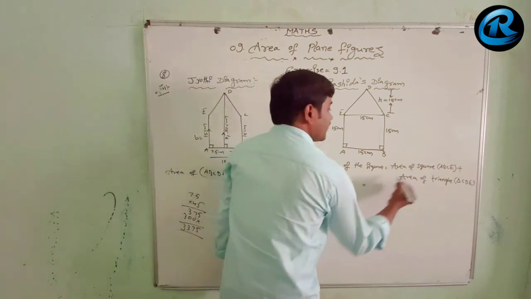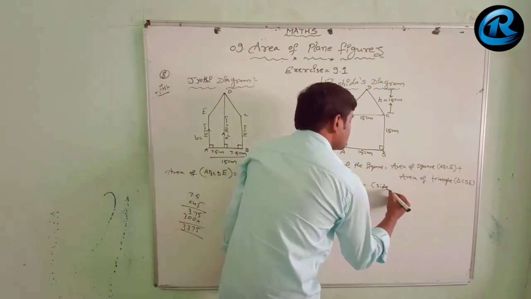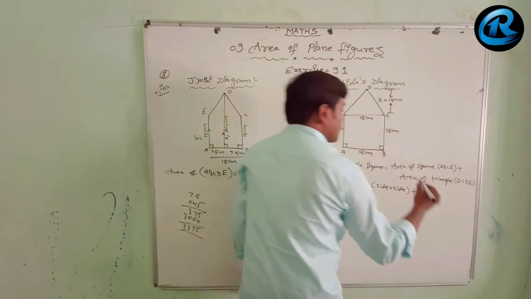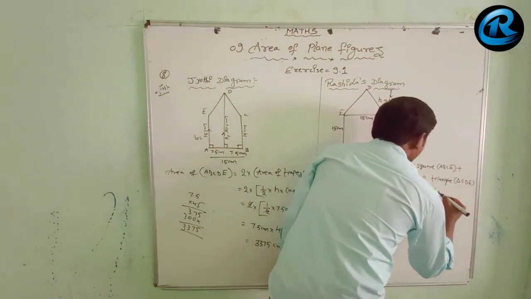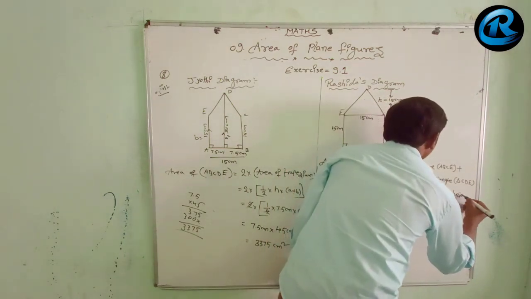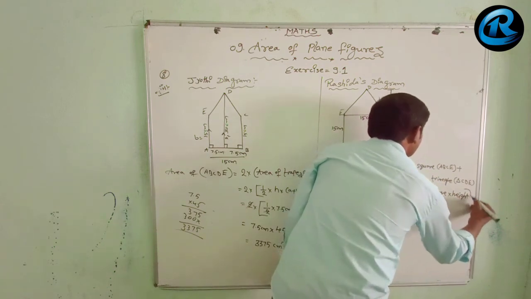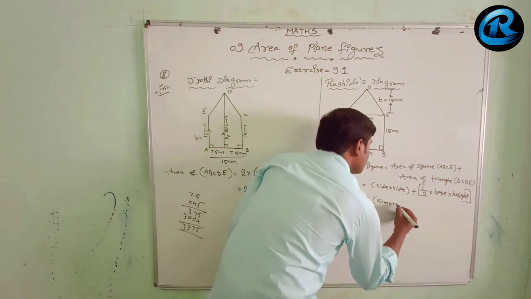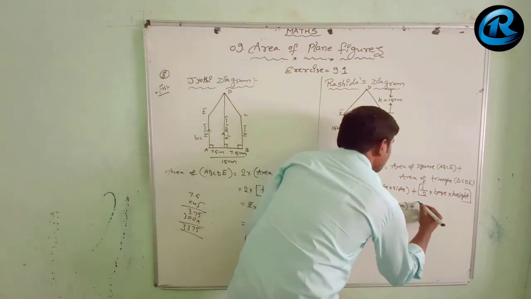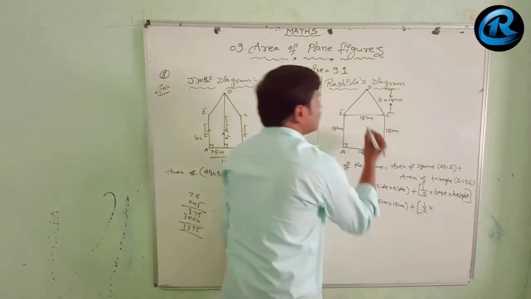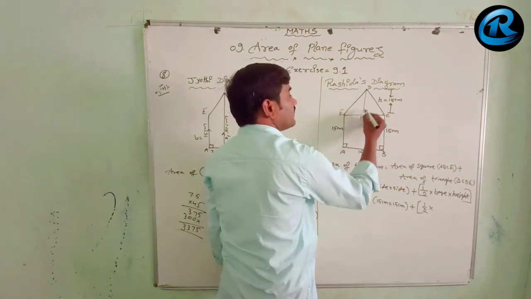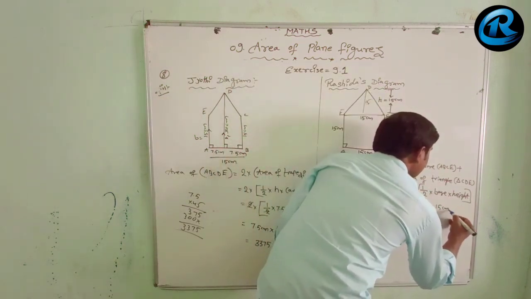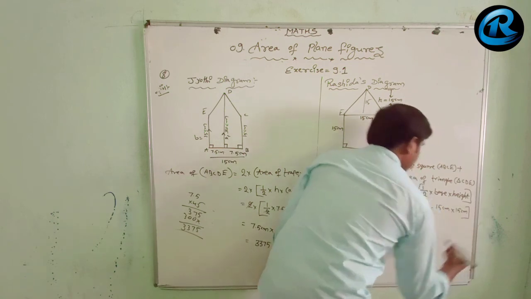It will be simple to do it. Now here see that area of square formula, that is side into side, plus this area also we need to add, area of triangle formula 1 by 2 into base into height. Let us substitute now 15 into 15 here. 15 centimeters into 15 centimeters plus 1 by 2 into, here base of the triangle is 15 and the height of the triangle also will be 15. So here 15 centimeter into 15 centimeters.